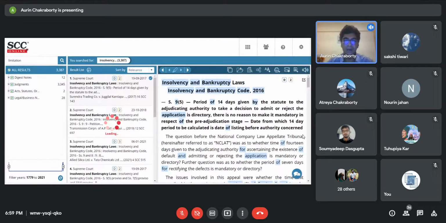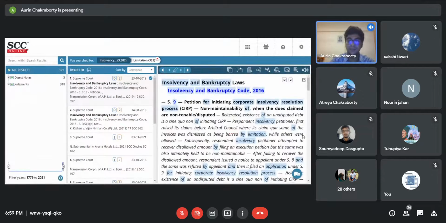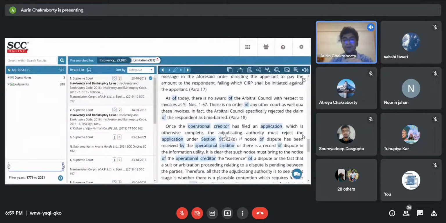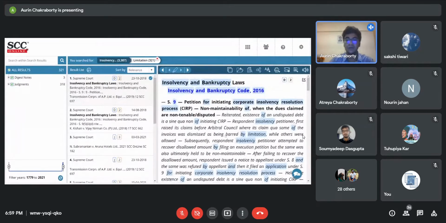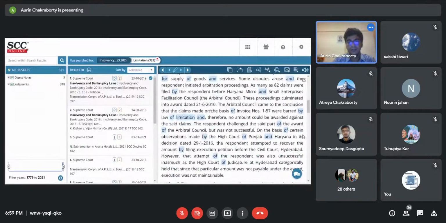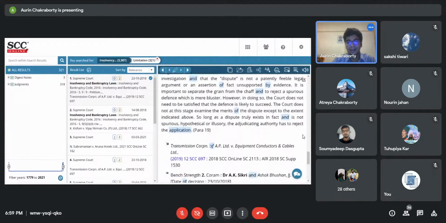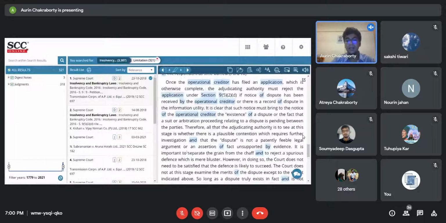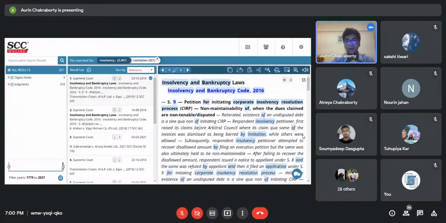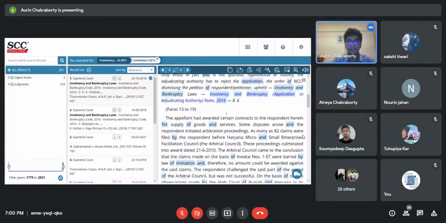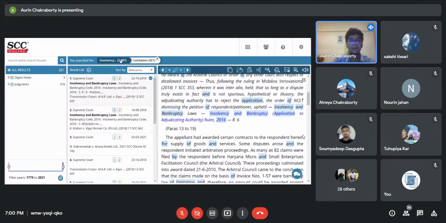And if I recall, another query was that since judgments are so long, you want to read just the gist of it, and not search through all the judgments. So, for example, in this particular case, transmission corporation, these are the head notes. You need not open up the entire judgment and go through it. You can just read with respect to Section 9 whatever is given over here, and you will see how your search query has been narrowed down from 3,000 to almost 321.